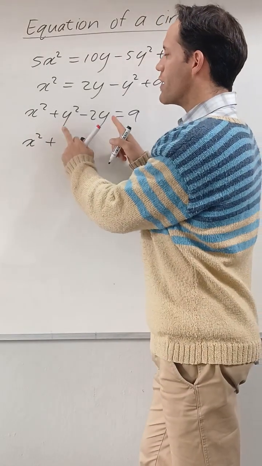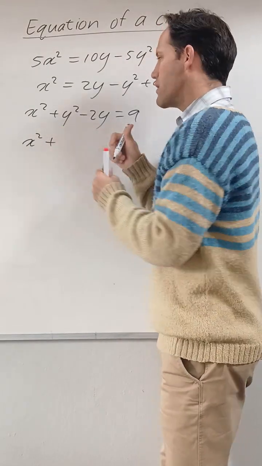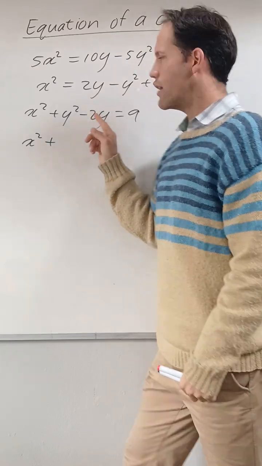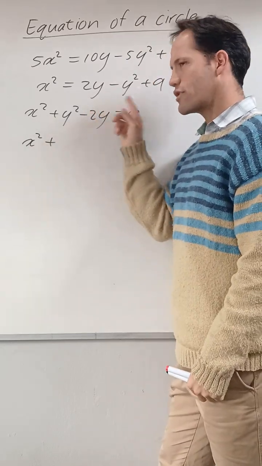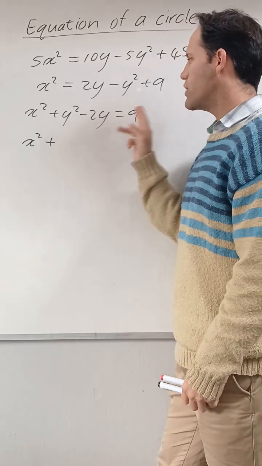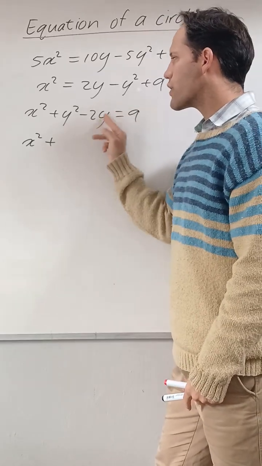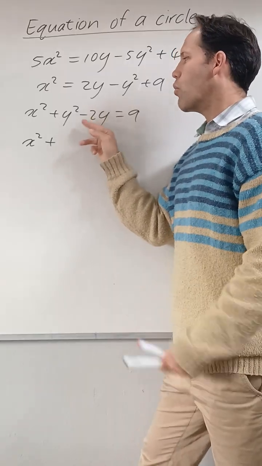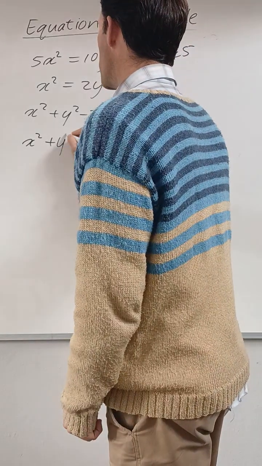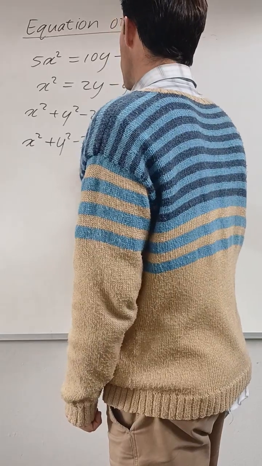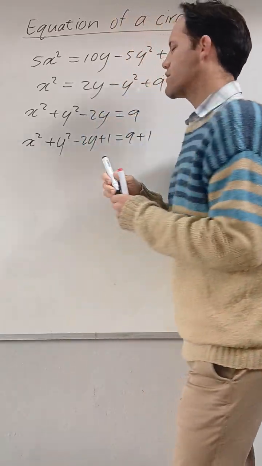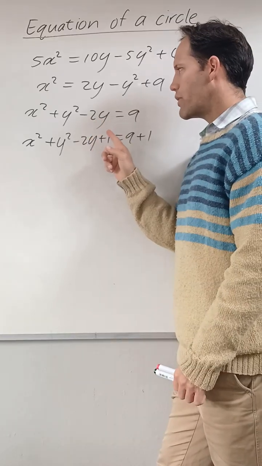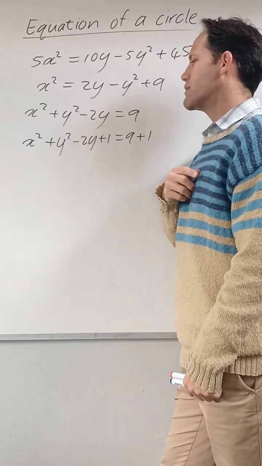So remember the rule for completing the square: you have to take half the coefficient of y and square it. That's what you need to add to both sides. So half the coefficient of y would be 1. Negative 2 times a half is negative 1, and squared it's 1. So 1 is what we need to add to both sides. So it's going to be plus 1 this side and plus 1 this side. Remember the rule: half the coefficient of y, square it, and add it to both sides.